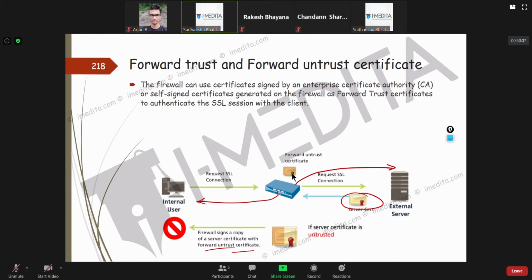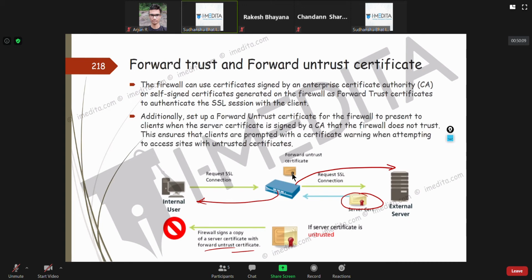Initially we discussed forward trust. You could set up forward untrust certificates as well. Clear? A lot of times I've seen people who don't really understand, and they just take the certificate and check both of these checkboxes on the same certificate, forward trust and forward untrust.